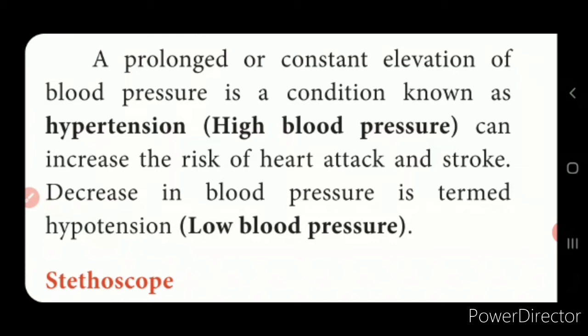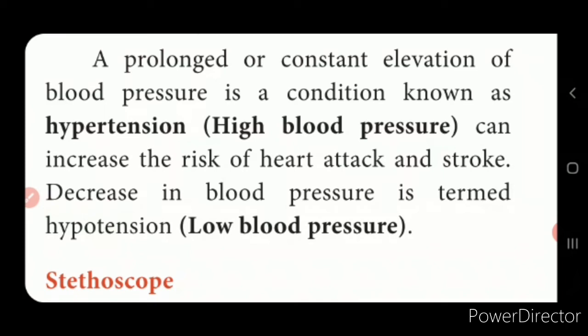Now when you see the blood pressure, it is very high in the arteries, then it slows down in the arterioles, then when it comes to the capillaries, it is even slower, and it is very, very low in the veins. Right? And now this blood pressure is measured in terms of systolic pressure and the diastolic pressure. Now we'll see what is systolic pressure.